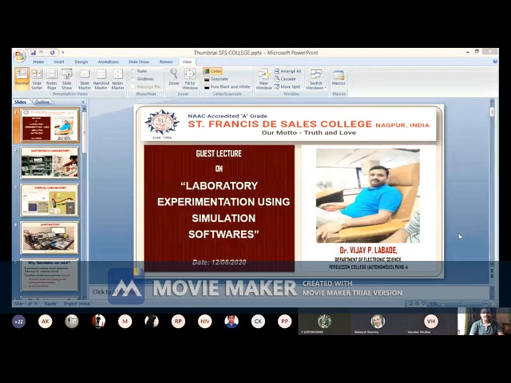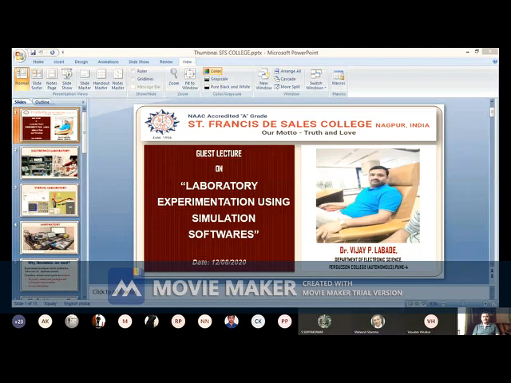This is my topic, already told. If you want to perform any practical in the laboratory, we need various instruments, equipment, components, breadboard, connectors, cables, and your expertise. Then you can perform the practical. So for laboratory experiments you need investment, like CRO, signal generator, power supply, function generator, breadboard, components, and so on.